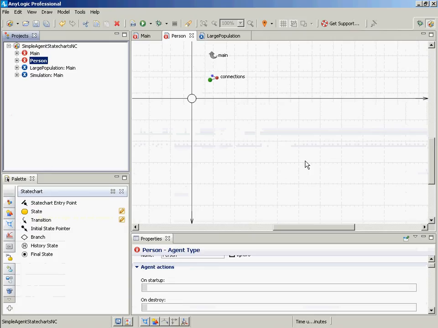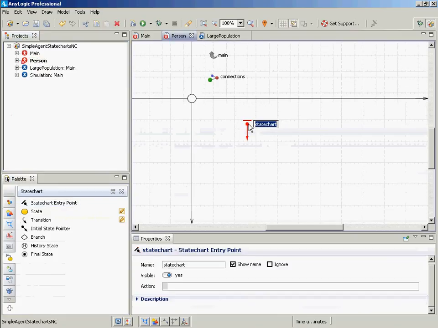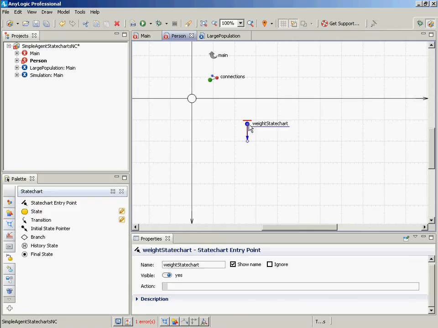in person. And let's copy in a new state chart entry point, and let's call it a weight state chart. W-E-I-G-H-T, state chart. Okay? Good. Now we wish to add our first state to the state chart. So to do that, let's drag in a state, and let's call it